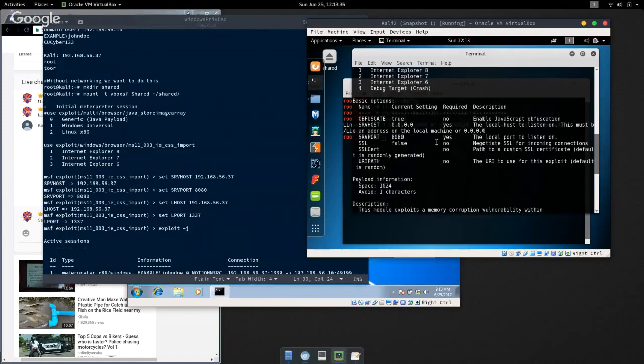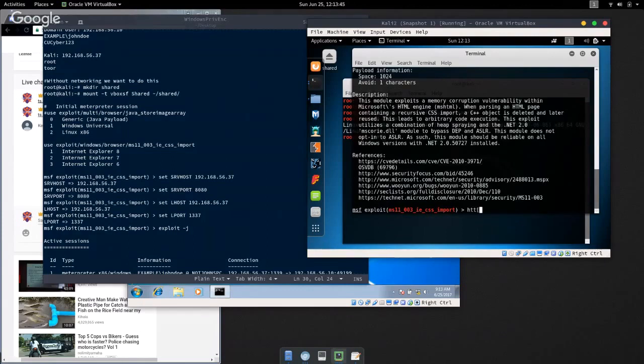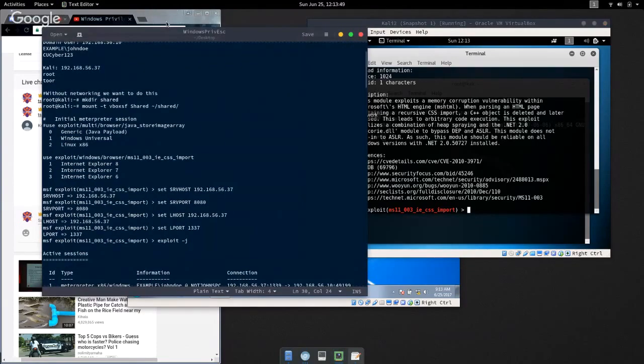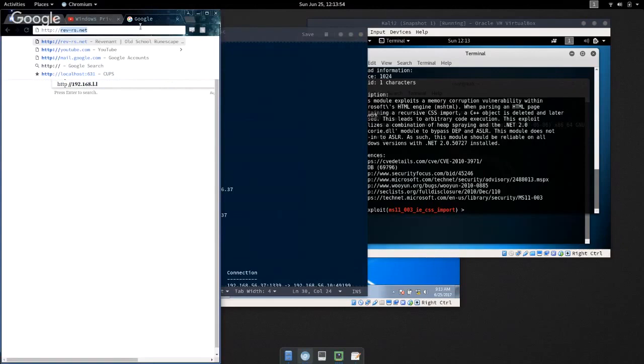And below that are the settings that we need to set. So the URI path is the thing that's after the URL. So the URL we're going to have at some point, I'll go over to the host, it'll be like this, HTTP 192.168.56.37, because that's our guest. And then the URI is just the thing that comes after it. So if we set our URI path to just the /, that's what it'll look like. In this case, we're going to have to specify a port. So let's say 8080. And then the URI path, which could be just a /, or you could do something like,